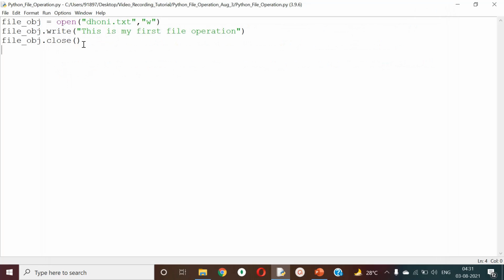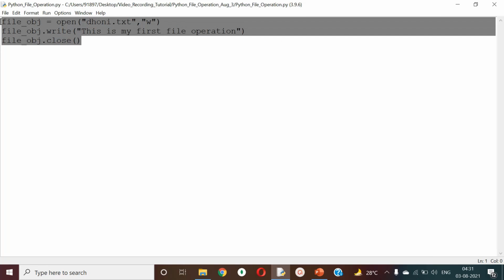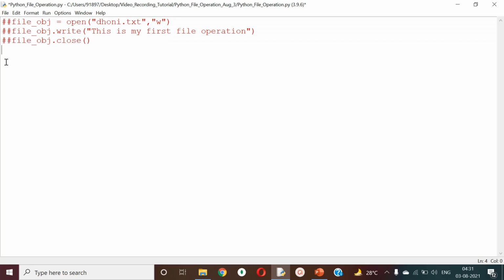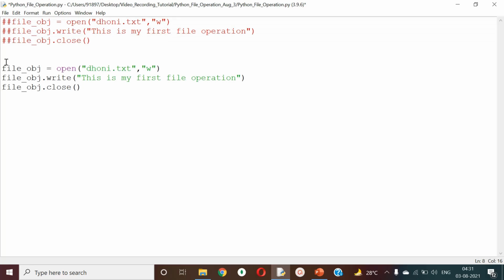Okay. When you do this kind of write operation, we should always make sure that we correct the basics. That is very important. Without the basics, going towards the higher level of learning is absolutely no use.